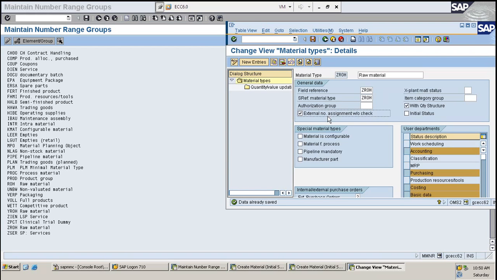External number assignment without check. This particular field will help you in enabling the external number ranges and also the internal number ranges. If you uncheck this, it simply means that it's going to allow me only the internal number ranges, which will be proposed by the system. So for example,